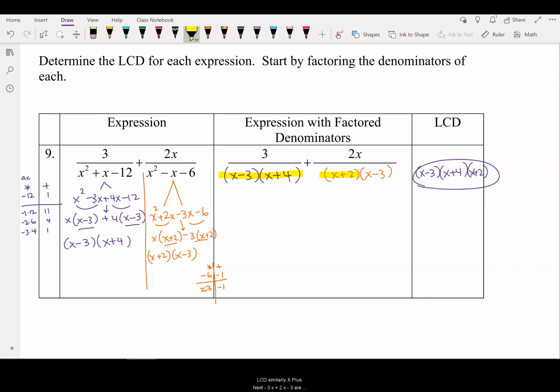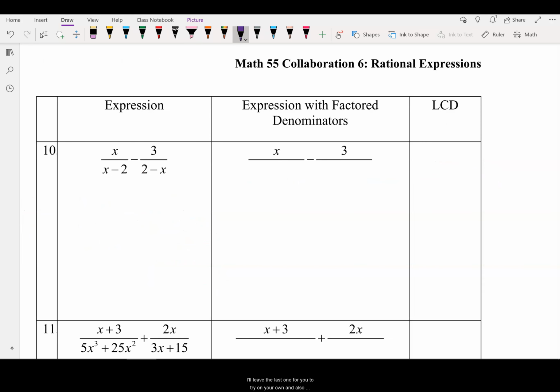So notice x minus 3, x plus 4, I have that denominator here in my LCD. Similarly, x plus 2 and x minus 3 are present in my least common denominator for the second rational expression. Let's do one more together and then I'll leave the last one for you to try on your own and also provide answers. So if you are in my class, you will be able to check your answers by going to the class